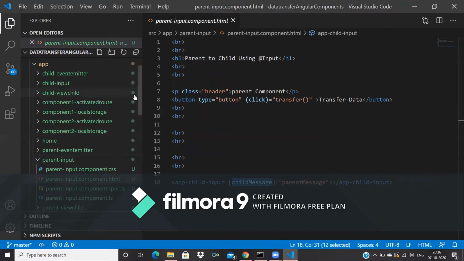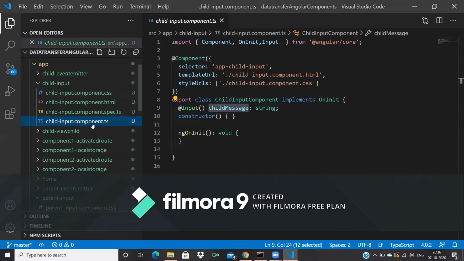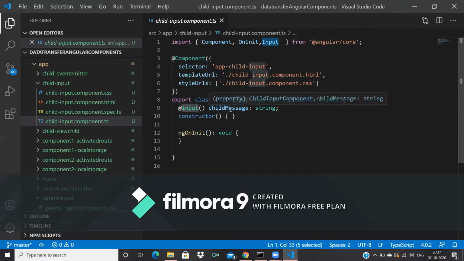What I did in the child component: in the TS file, I use @Input childMessage, which I have listed in the parent component, and I have initiated this one. I'm importing Input and using it here.